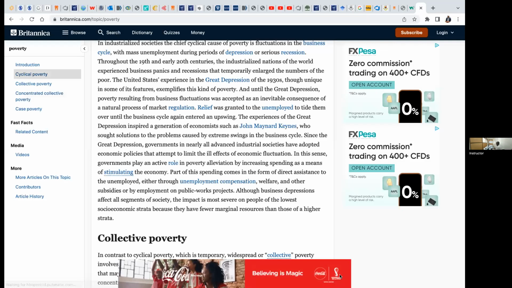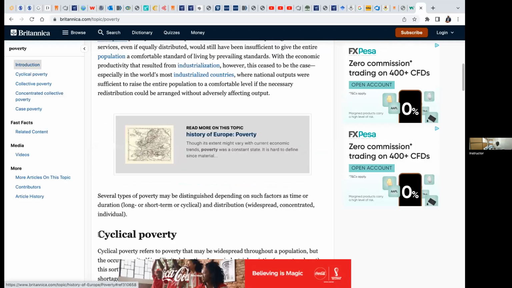For example, here you put types of poverty. Now you go to where you're getting this information and get this one: there is what we call cyclical poverty. You copy this and put it here.